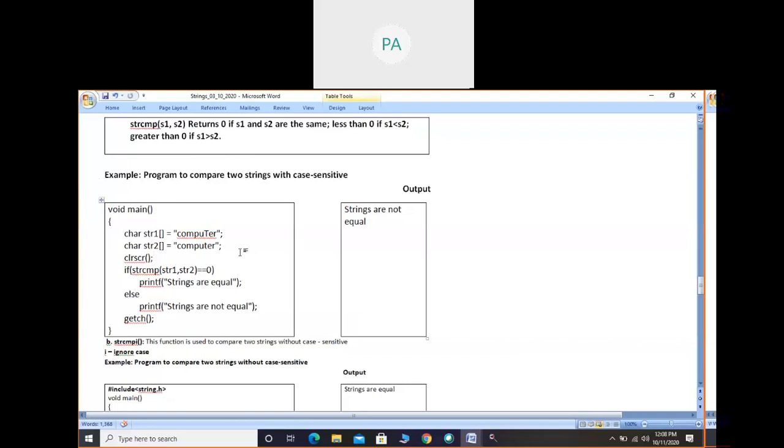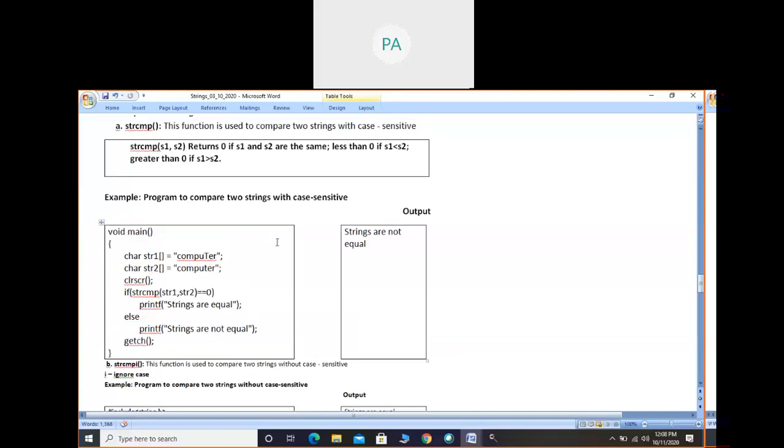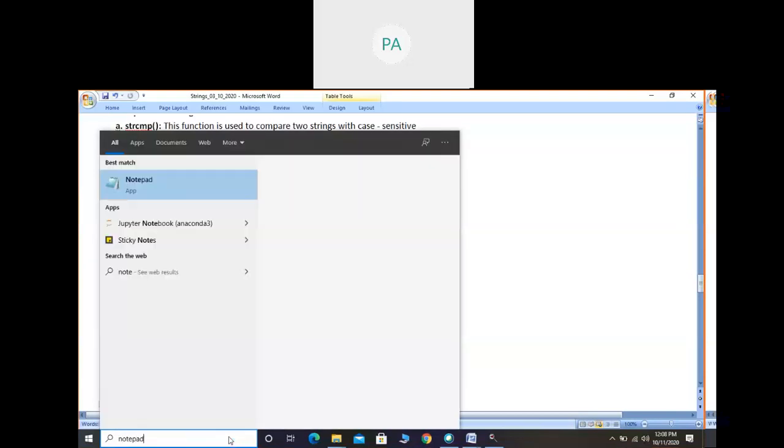Both are not considered equal, both are considered differently. So I have taken at least one letter in capital in the first string, that is the letter T. So when it compares these two strings, it will return either less than 0 or more than 0. A little bit of explanation is required for this.